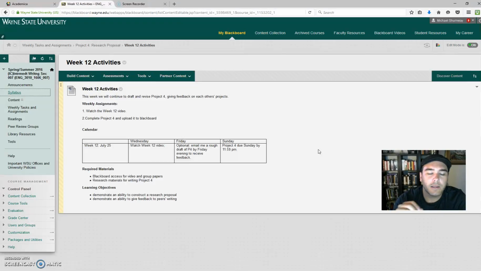So far you've got a draft of your introduction done for project 4. You've got your literature review, which is a huge section. And you've got a sense of the proposal that you want to make, right? So the work that you should be doing now is finishing up your proposal section where you explain what your proposal is and how you would accomplish it, the methodology, and the section in which you discuss any limitations or the feasibility of your project.